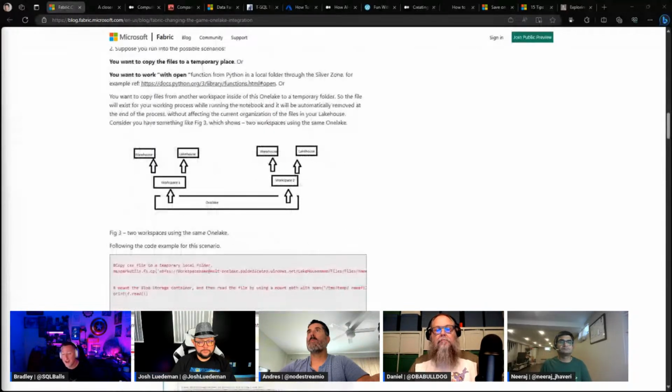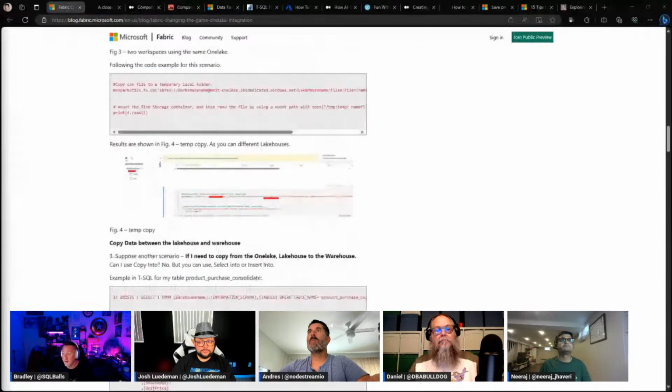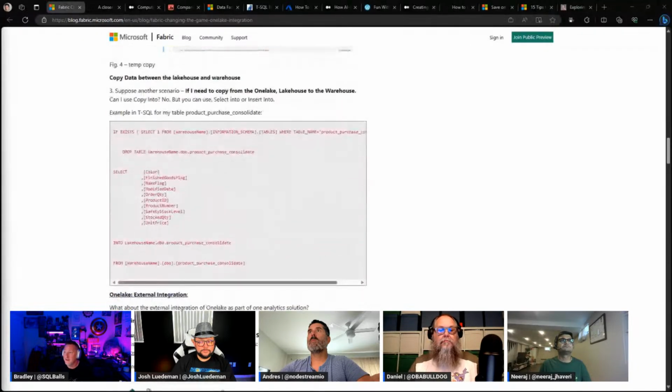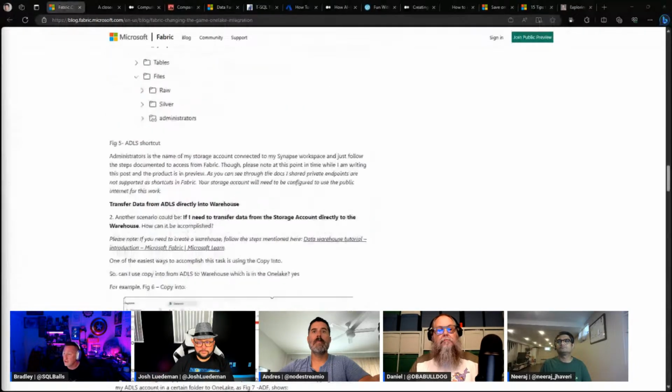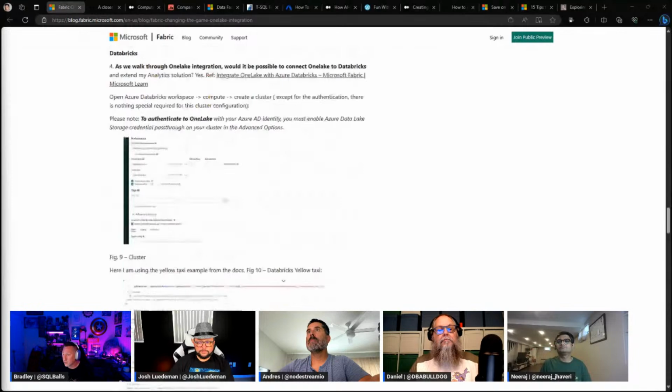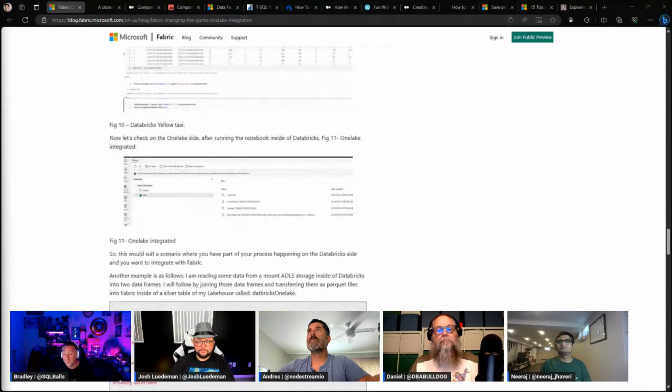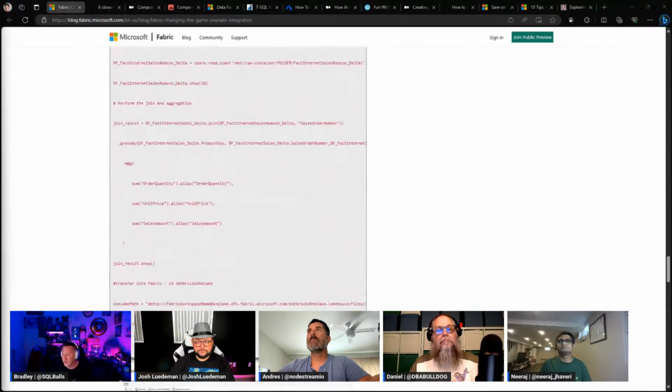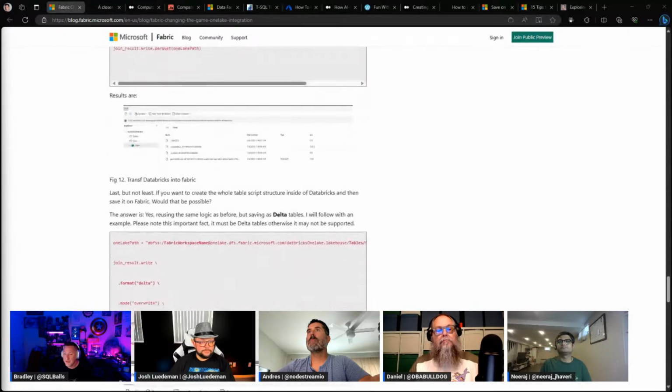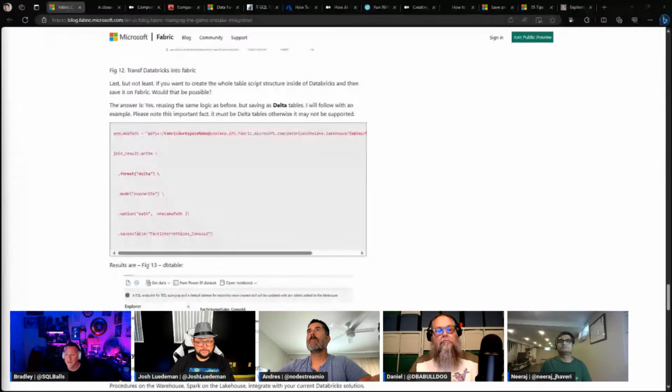And she shows us how we can utilize these things via an API and command line so that we can begin to get it in. How we can copy data between lake houses and a warehouse should we actually want to be able to do the duplication. Of course, we could create a shortcut, but if you want your data to reside in both locations, you can also do that. A lot of great stuff, very detailed blog, really great example for people to be able to walk through. So definitely go and check that out.